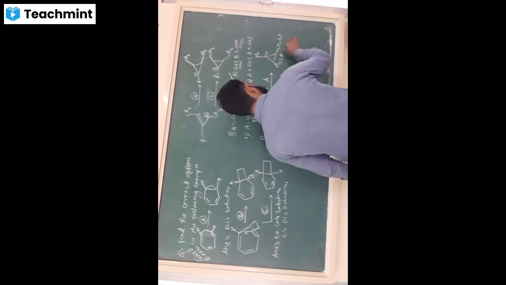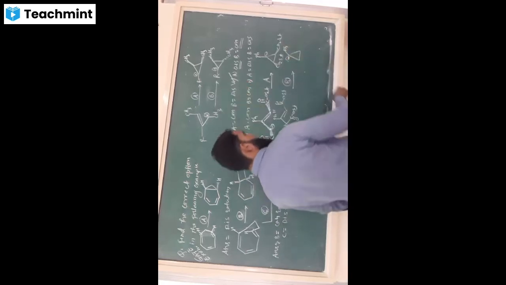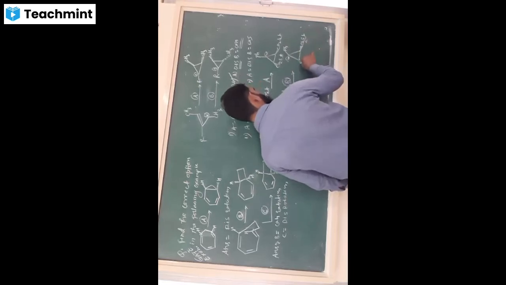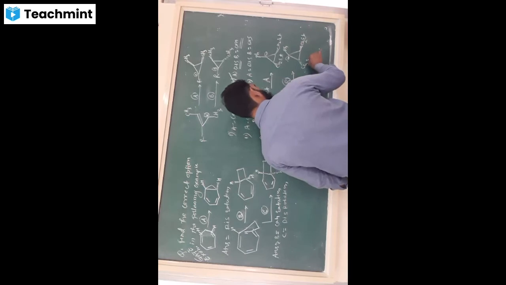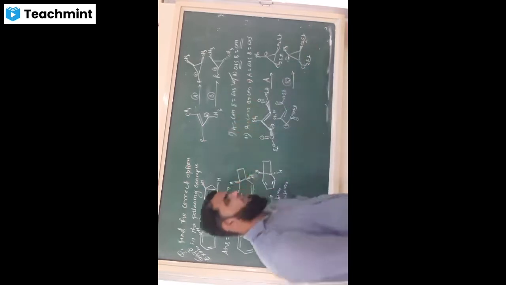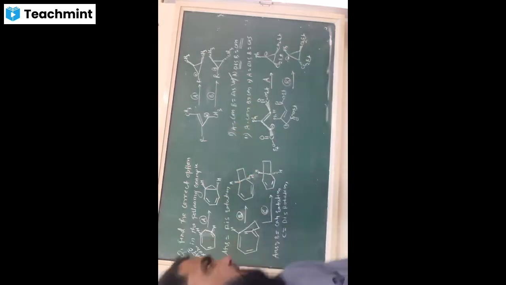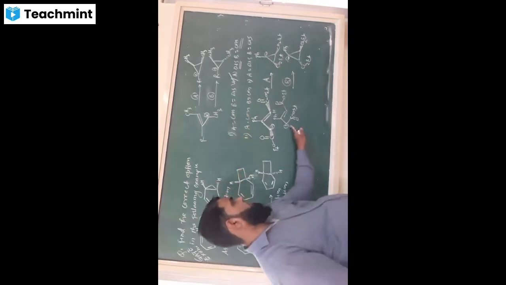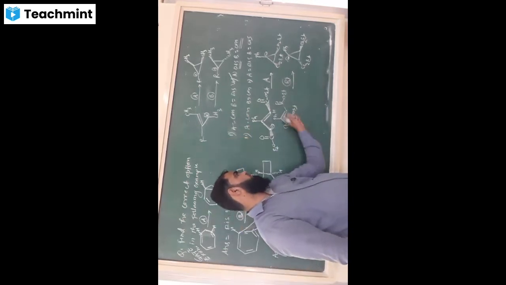In another case, this is vinyl ring. Here it is negative charge, and both the CO2 Et groups are on opposite sides. So, what kind of rotation takes place in case of A? In case of B, what kind of rotation takes place over here? So here what happens? Both the CO2 groups are on the same side.